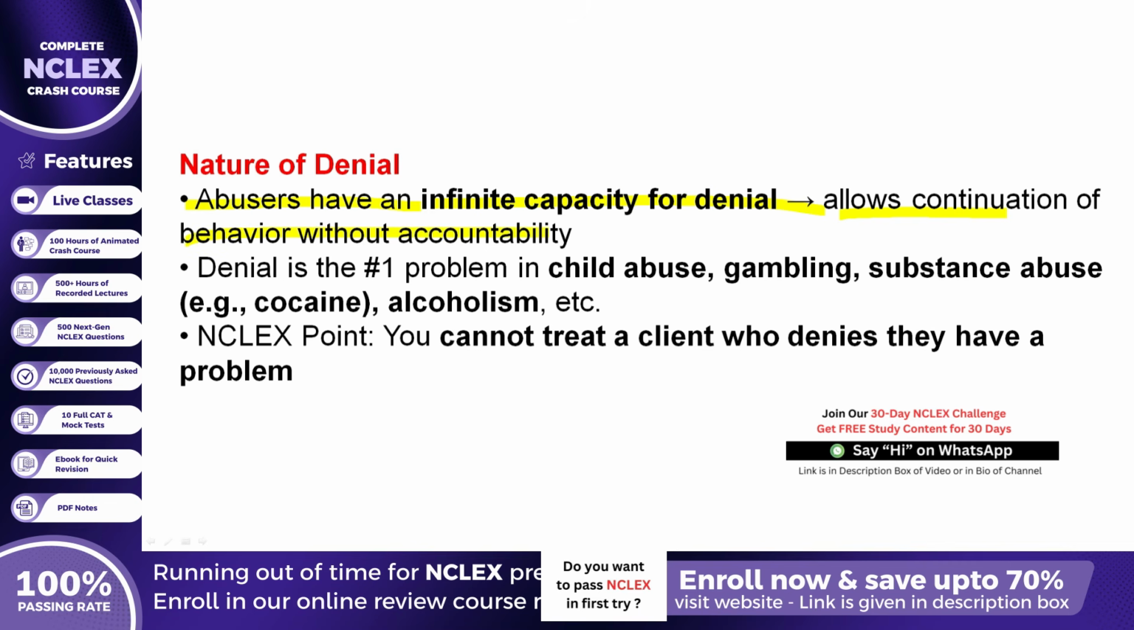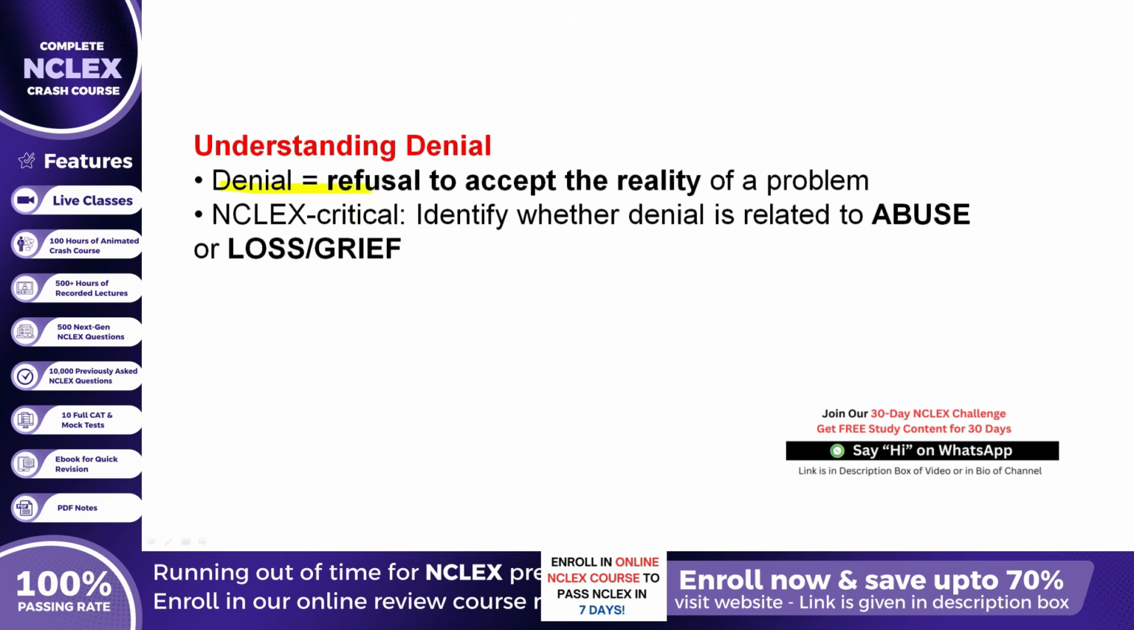Continuing in the same sequence, denial is the #1 problem in child abuse, gambling, substance abuse such as cocaine use, alcoholism, and many more abusive patterns. And finally, from an NCLEX perspective, you cannot treat a client who denies they have a problem. As we begin understanding denial, remember that denial is the refusal to accept the reality of a problem. In the NCLEX setting, it becomes critical to identify whether denial is related to abuse or whether it is related